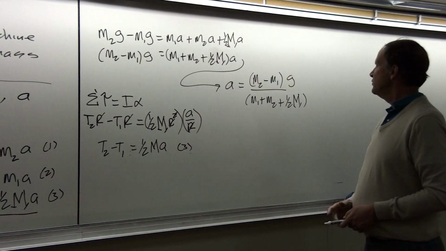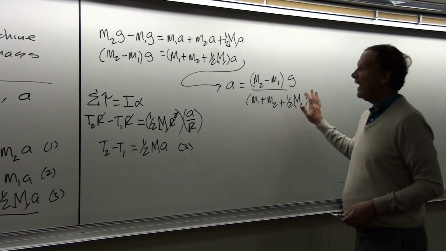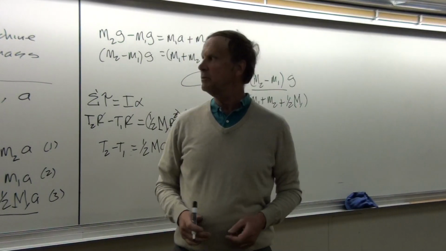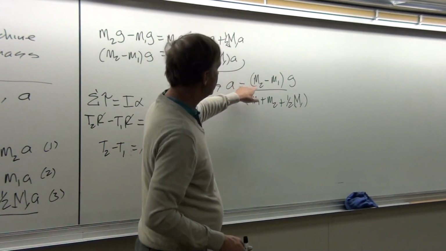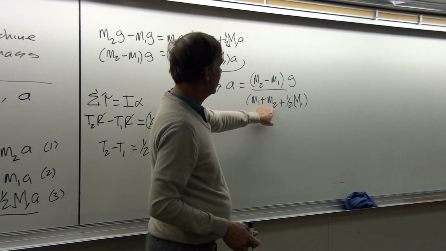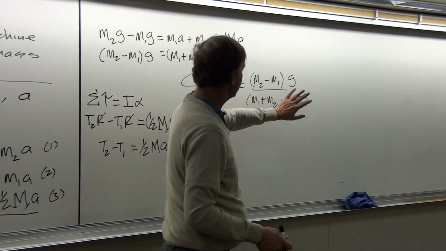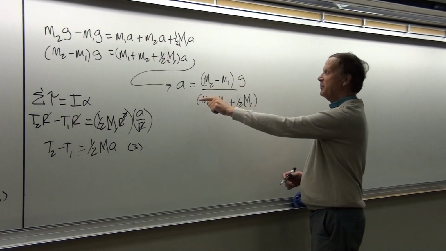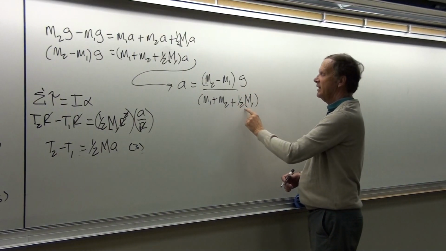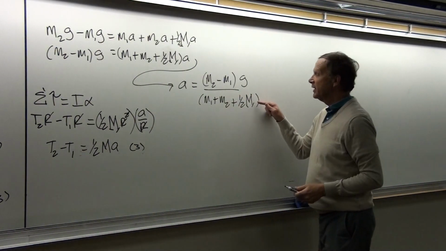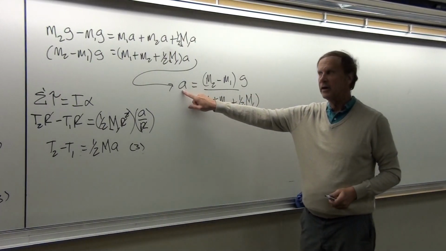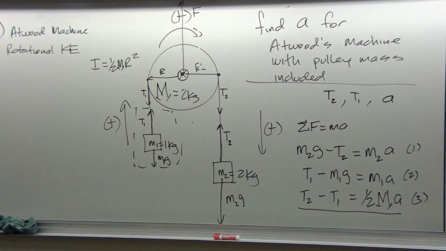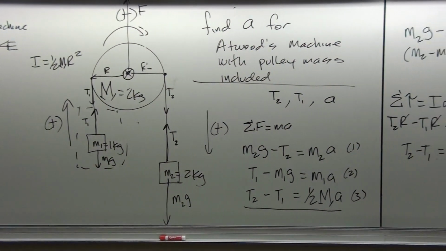All right, and so you may recall that when we had solved for the acceleration before of the Atwood machine, but without the pulley mass, we got M2 minus M1 divided by M1 plus M2 times G. And so we see that if we neglect the mass of the pulley, that's exactly what we have here. But because we are including the mass of the pulley in this calculation, that creates a bigger denominator, which makes the acceleration lower. But that should make intuitive sense because the system is going to rotate more slowly if there's more inertia in the system.